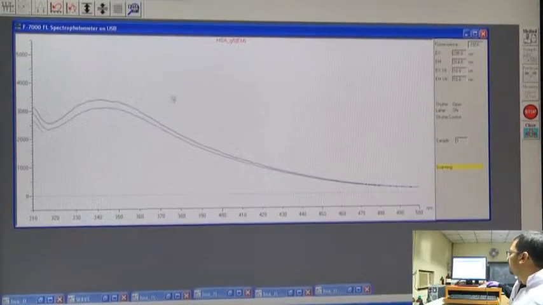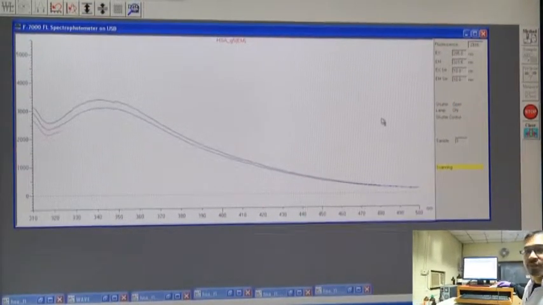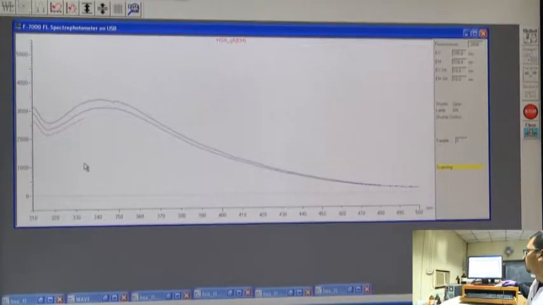A few things to note on the screen: the y axis is indicative of the fluorescence intensity, the x axis is the wavelength. The wavelength we have chosen is 310, the starting emission wavelength, and around 500, the emission wavelength where it will complete. All the slit widths are mentioned here. So, this is basically the window of a fluorescence emission spectra.